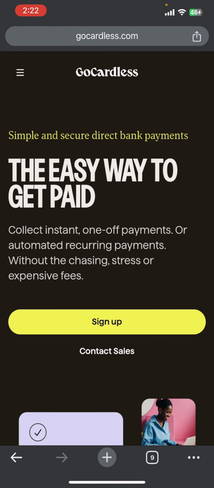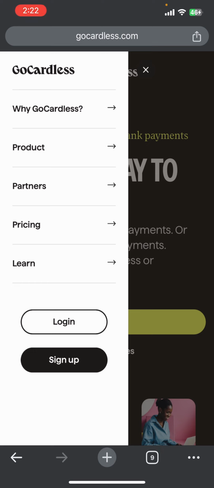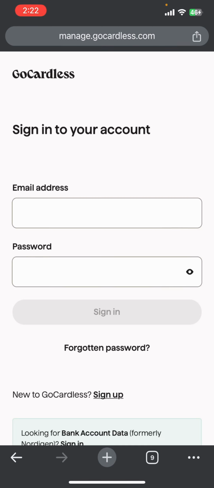Now you can see there are 3 lines at the top left corner of this homepage. So let's tap on the 3 lines and let's tap on login. Now to recover your account, you can see there is a forgotten password option shown on the screen. So let's tap on forgotten password